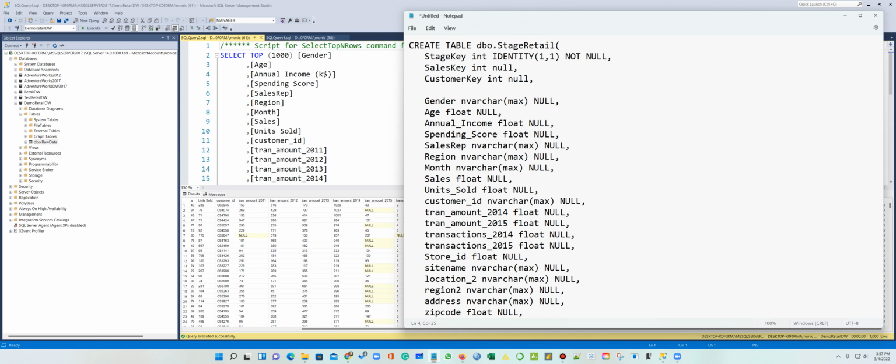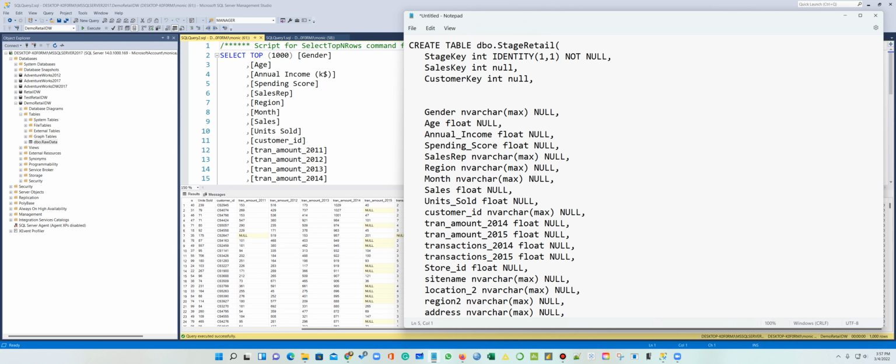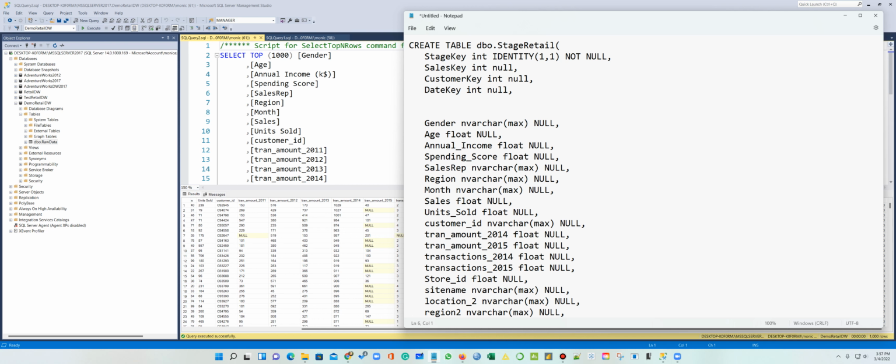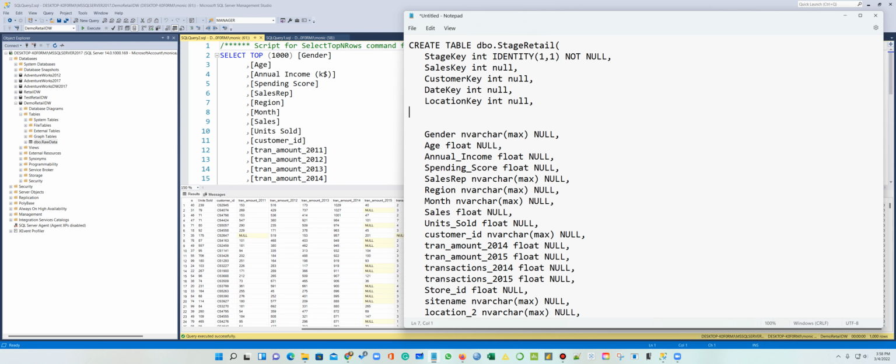So they're all going to be int and they're going to be null. So we have a customer, we have date key. That's sales customer date, location. Location key, int and null. And then I believe the last one is, let me look at my other